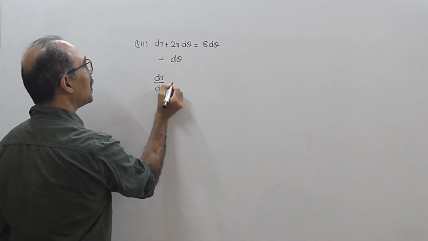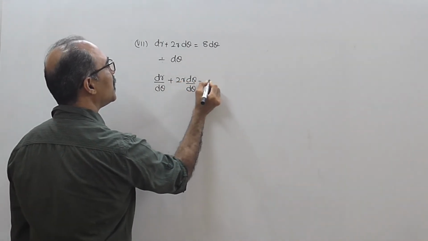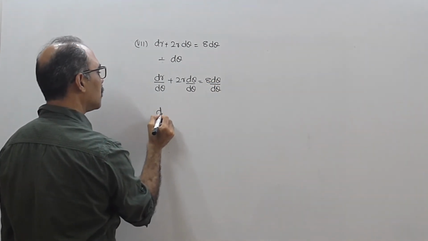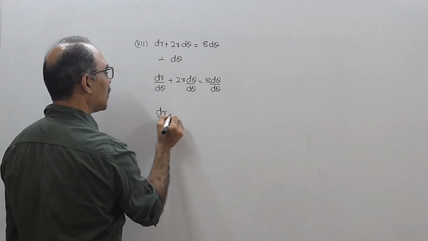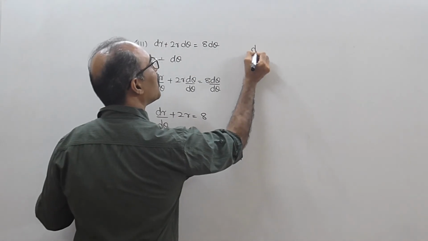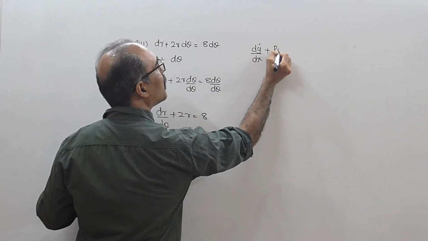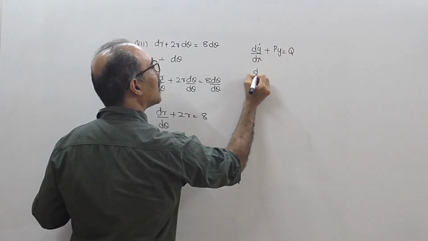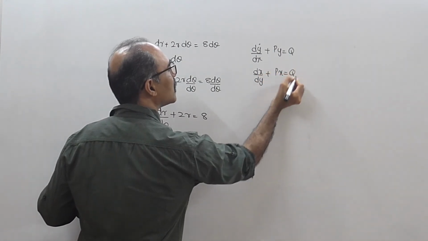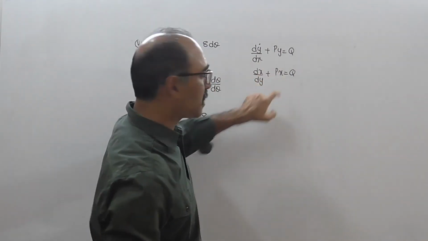That means you have dr by d theta plus 2r d theta upon d theta, that is equal to 8 d theta upon d theta. So this is dr by d theta plus 2r equal to 8. नॉर्मली अपना फॉर्मेट कैसा रहता है, dy by dx plus p, ये जो अल्फाबेट है वो इधर आएगा. यही अगर dx by dy रहेगा ना तो दिस विल बी px. सी इधर y रहेगा तो p के साथ y रहेगा, इधर x रहेगा तो इधर p के साथ x रहेगा,